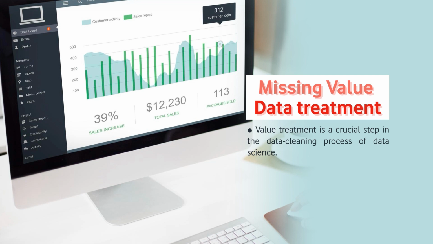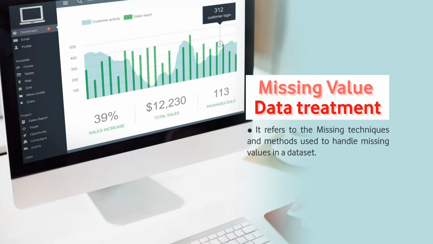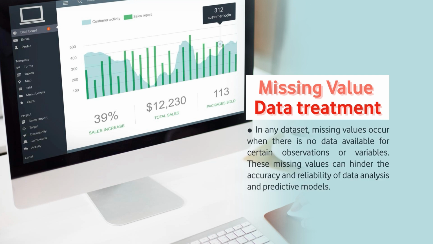Missing value data treatment is a crucial step in the data cleaning process of data science, if you remember, because data is the lifeline of research. As we go forward conducting the analysis, the data plays a vital role. Missing value data treatment refers to the techniques and methods used to handle the missing values in a data set. In any data set, missing values occur when there is no data available for certain observations or variables. These missing values can hinder the accuracy and reliability of the data analysis and the predictive models,